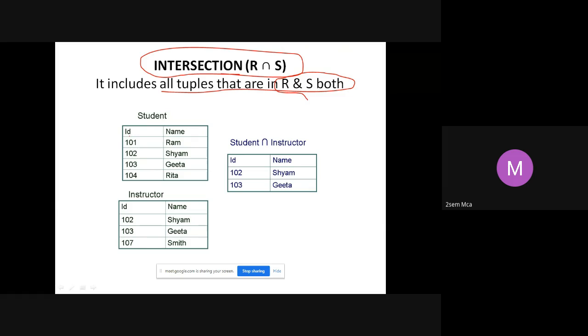So again, we have taken the same two tables, student and instructor. Both the domains are union compatible because the domain of ID is the same as the domain of ID of instructor. The domain of name of student is the same as the domain of name of the instructor. The degree of those two tables is the same. Here also it is 2, here also it is 2. So both these tables are union compatible. Hence you can apply